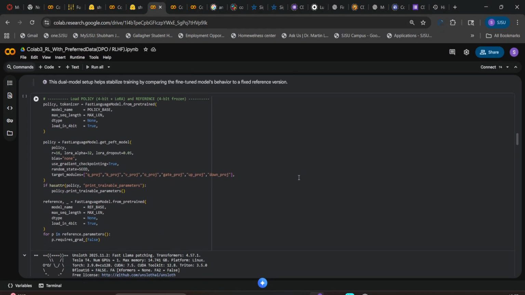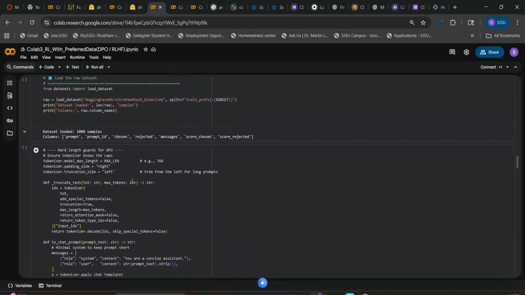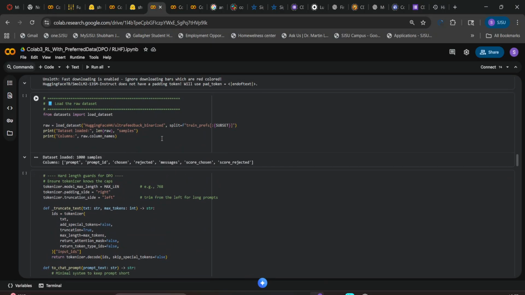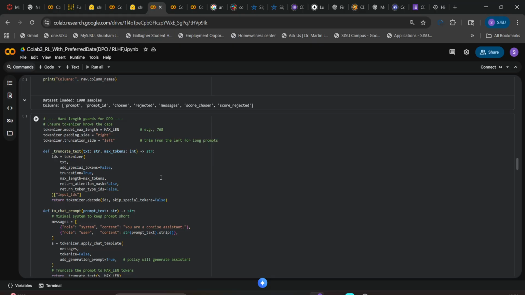load the pre-trained model and then assign the policy, like 4-bit plus LoRA, and the reference. So here I created the policy base, assigned LoRA rank 16, LoRA alpha 32, dropout and everything, and the reference. And then I load the dataset, UltraFeedback binarized. So it is a preference dataset, and then I'll perform the